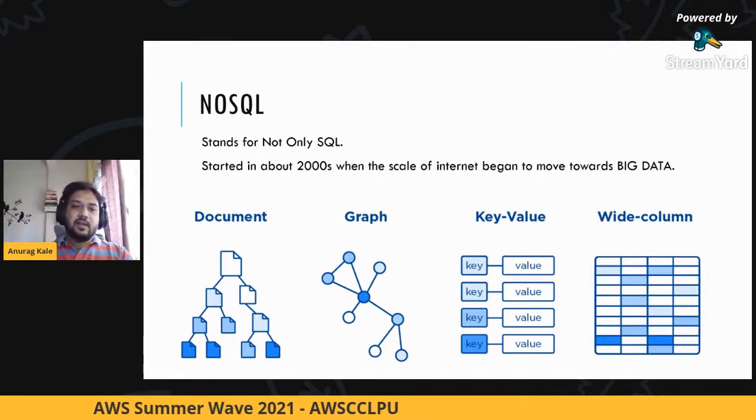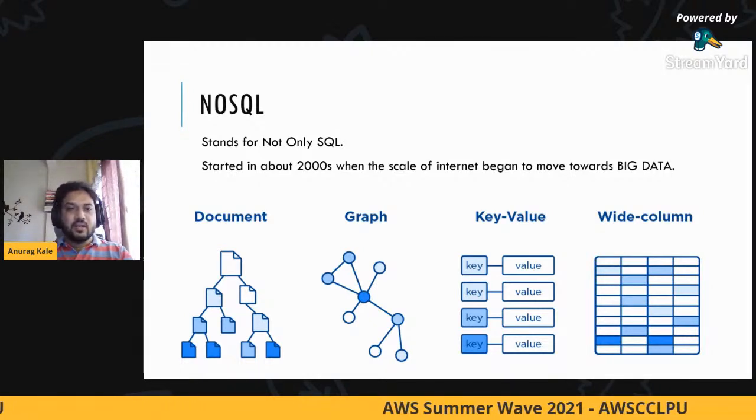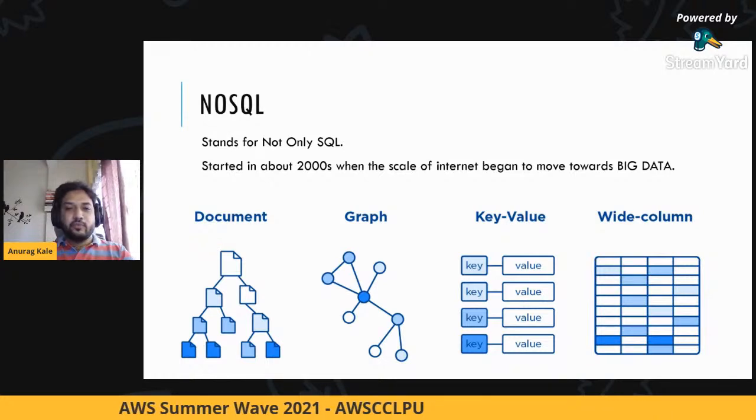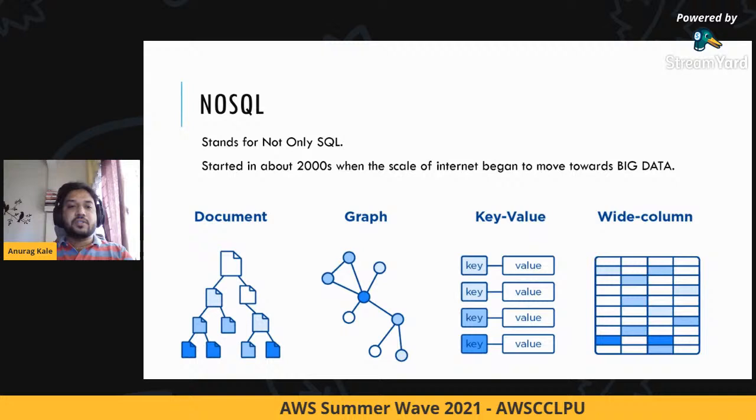In LinkedIn terms, it says that you are a first degree connection, a second degree connection, a third degree connection. So how does that come into fruition? The entire logic of these relationships is established by using graph databases.